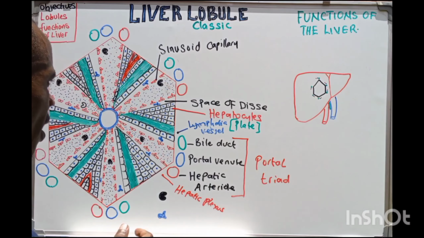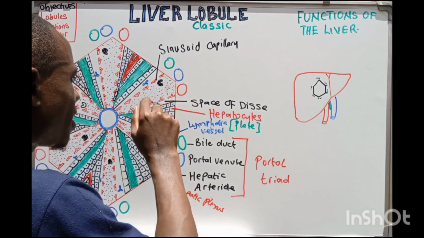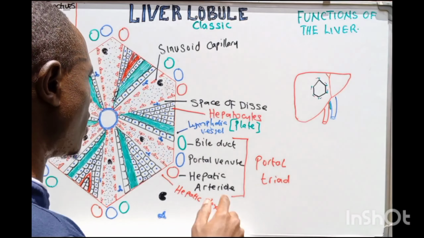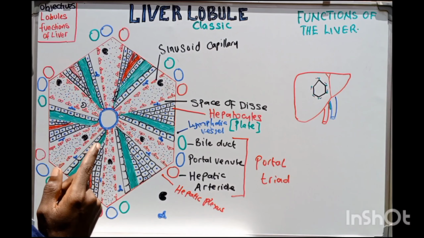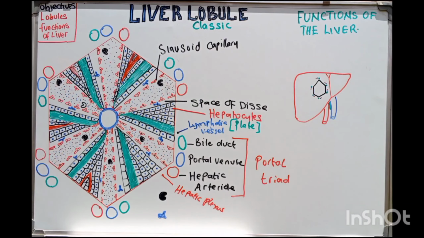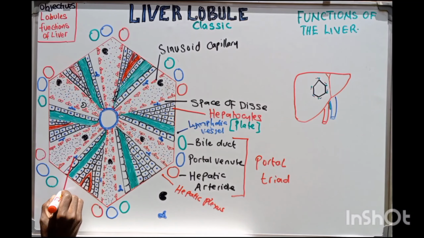Okay. Then within the space of this, we have this cell. This cell is very important. We have these cells in the space of this. These cells are very important. This cell here, which is in what we call the space of this, is what we call the